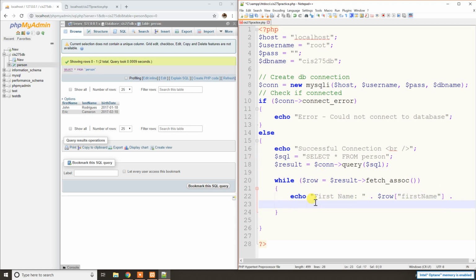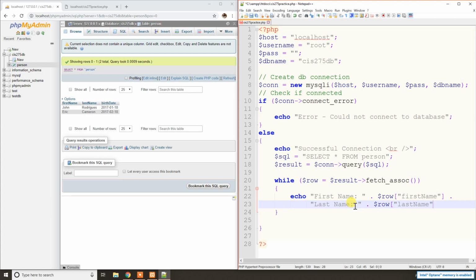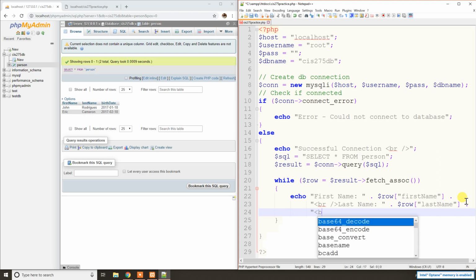Remember that when we're using the concatenation, we can press enter after it to go to the next line, so that the code is still visible. So then we're gonna say last name dot row last name, which is the last name field from your database. Dot. Now, I'm gonna put a BR in front of this, by the way, just so this actually appears on another line. And then BR forward slash birthday